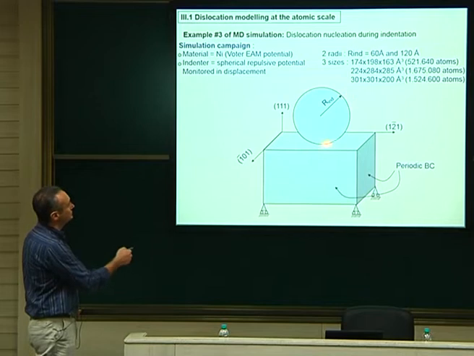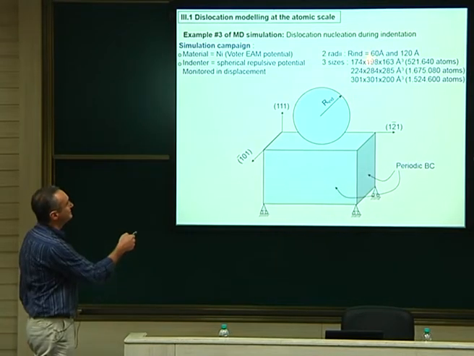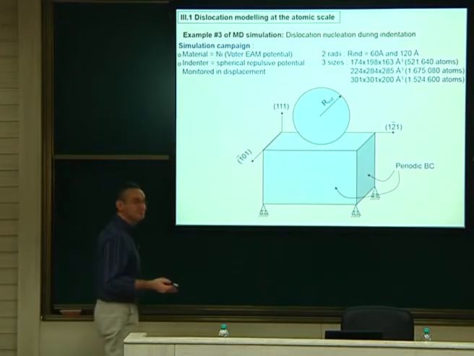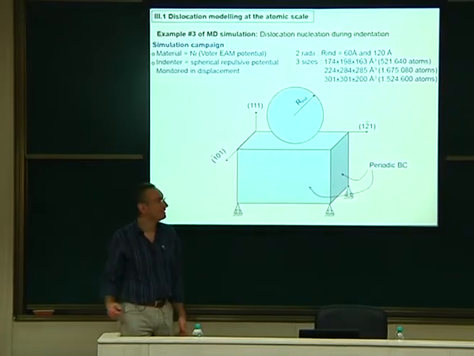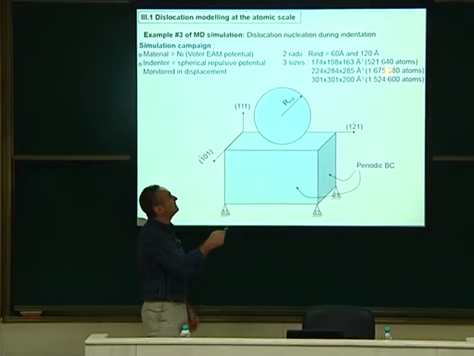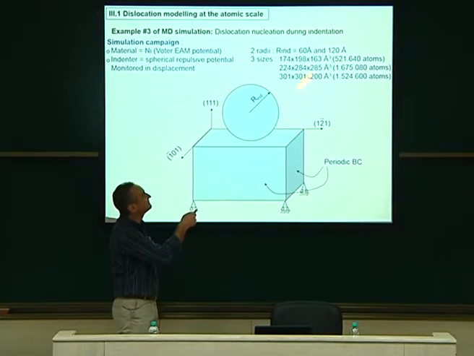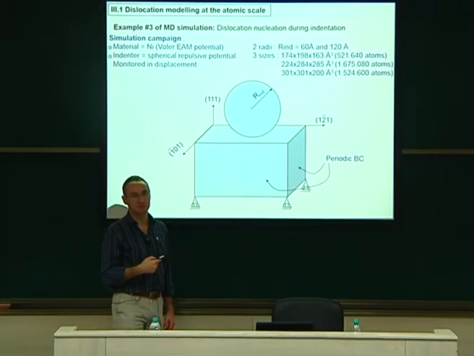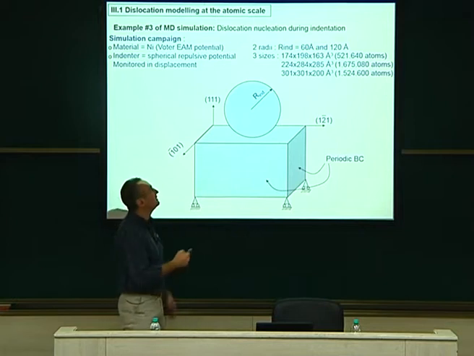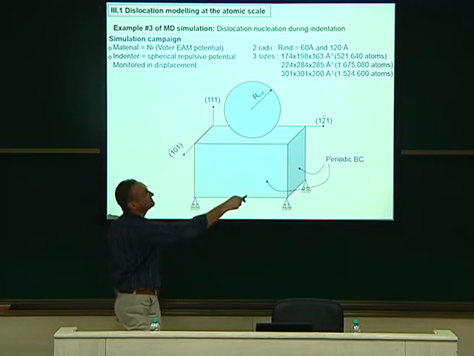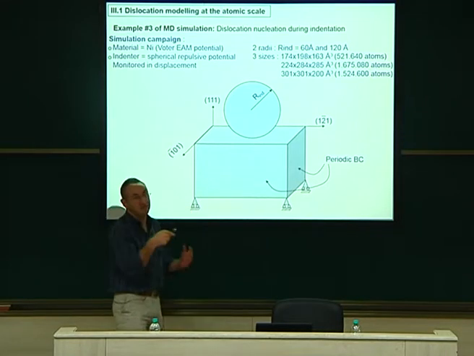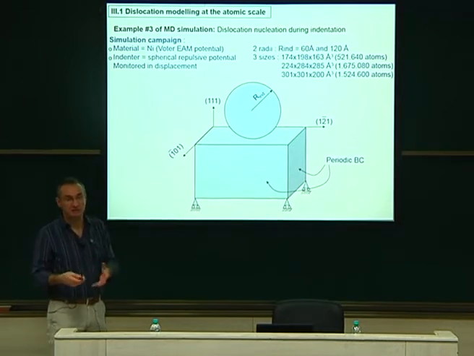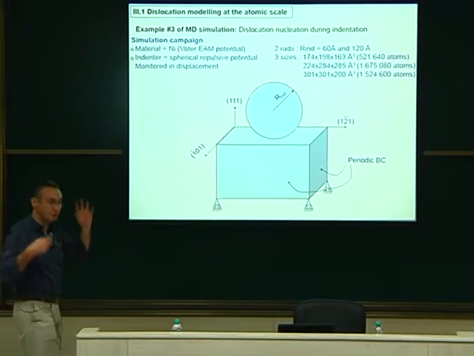The indenter radius, or the big indent that I would push on it, is either 6 or 12 nanometers radius. So it's a very small one. Here is a problem. The general problem of MD is that you always need to scale everything down. Experimentally, it's impossible to have such a small tip. The radius is never lower than 40 nanometers, typically. That's the minimum they can get experimentally. But here you cannot do that, so we have to rescale down. I agree that what we observe here may be artificially distorted. There is maybe some discrepancy, so we have to be aware of that.